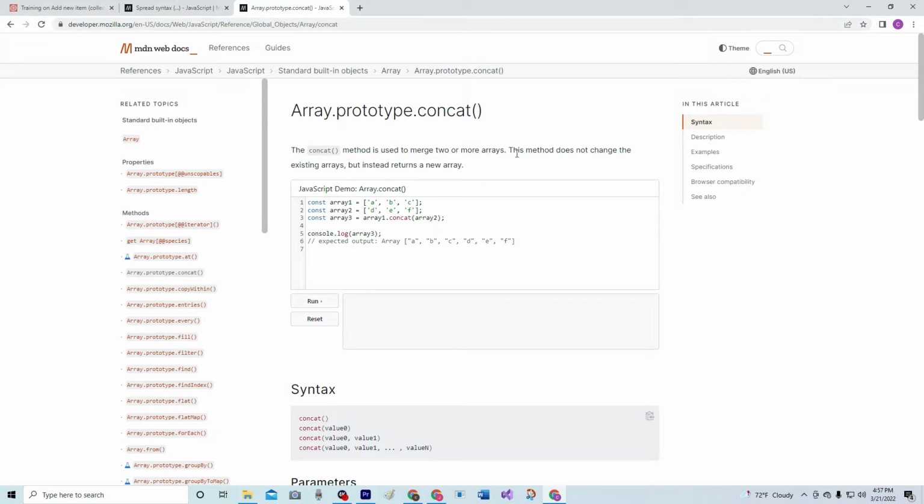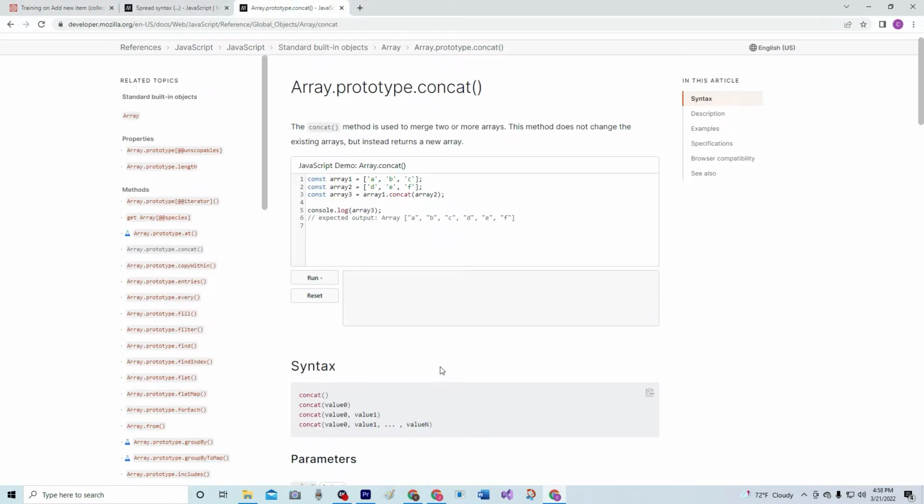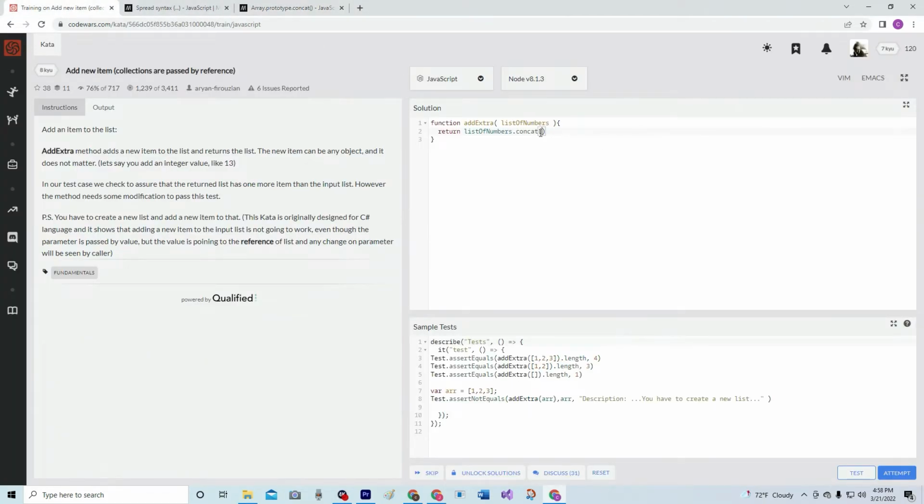Method used to merge two or more arrays. The method does not change the existing arrays, but instead returns a new array. It's just concatenation. So list of numbers .concat, and then parentheses, and I'm pretty sure the syntax is, okay, the value and value 1, I think. So this is the first value and then the second value. So basically, the first value is going to be